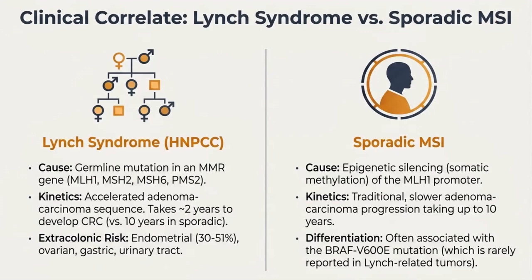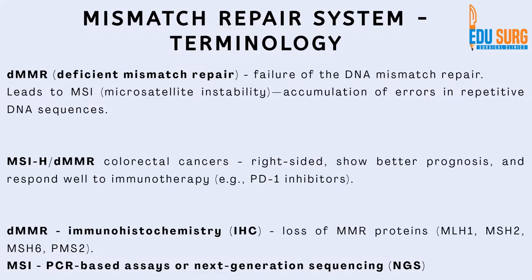Extracolonic risk is also high, as we all know, in HNPCC, which is hereditary non-polyposis colon cancer, and you can also have endometrial cancers in 30 to 50% of the patients, as well as ovarian, gastric, urinary tract, and many other cancers that are possible. Again, we will have a separate video on Lynch syndrome, but it is important for you to